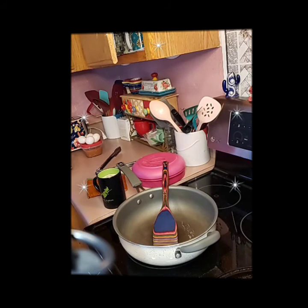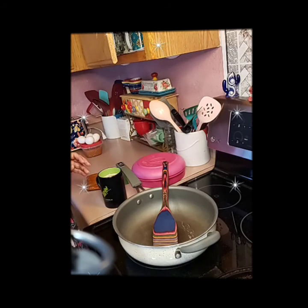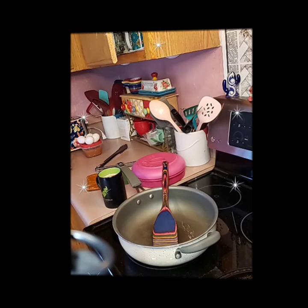And I use cumin, black pepper, and white vinegar. I also used thyme, some salt, and I'm trying to think. Oh, I used some bay leaf. I used some cloves. And I think that's it. I can't remember off the top of my head. But let me...